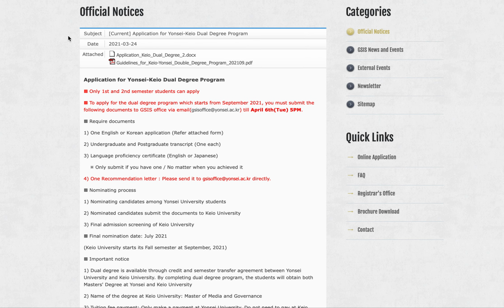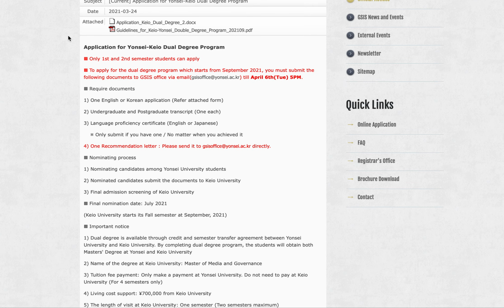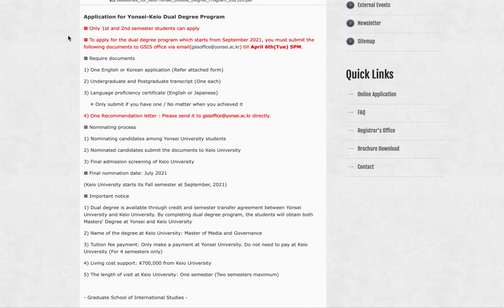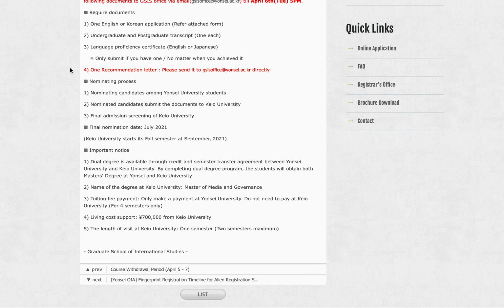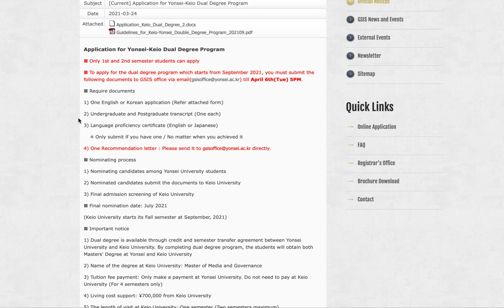After you see this page, it lists the required documents, the nominating process, and important notices of this dual degree program. And the required documents differ. Actually, I think the most important one is